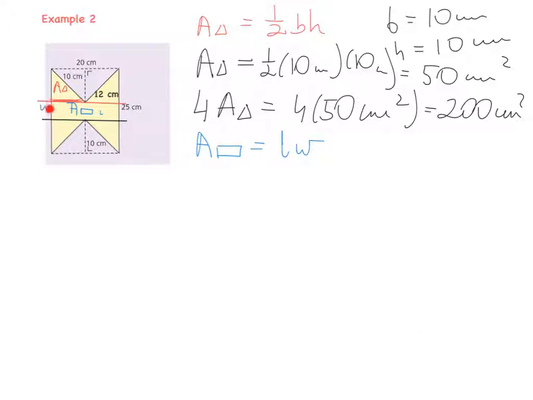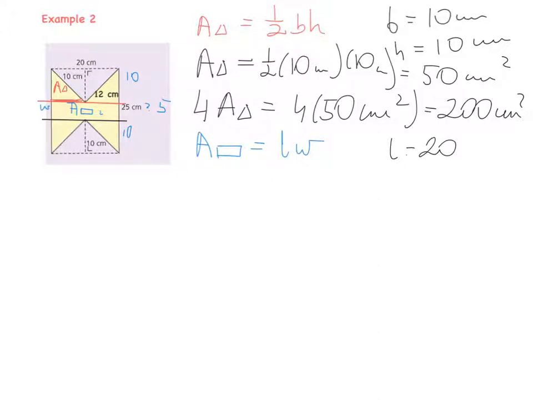This one, how to find this one? We just know this line segment is 25. This is 10 and this is 10. Okay, so if we know this is 10 and this is 10, so what is missing in the middle? It's just 5, okay? And then when we add them up, so we have 10, 15, and 10, and it's 25. So we know L is